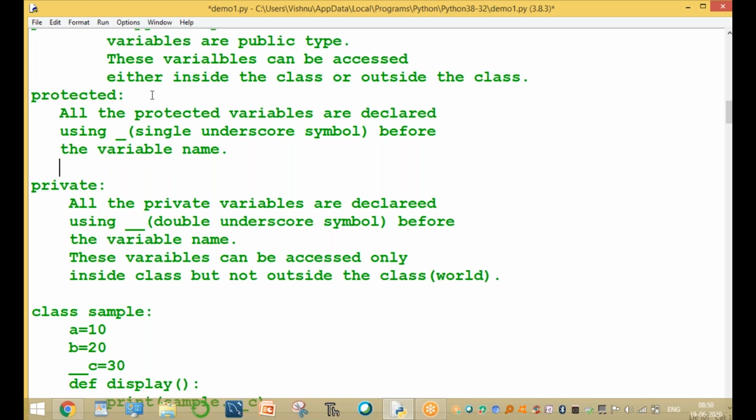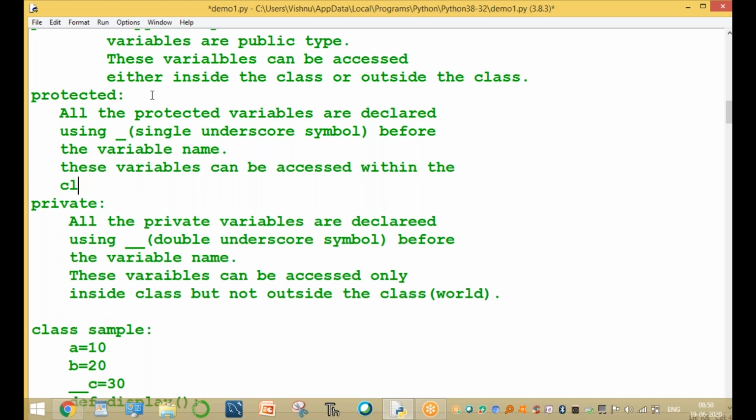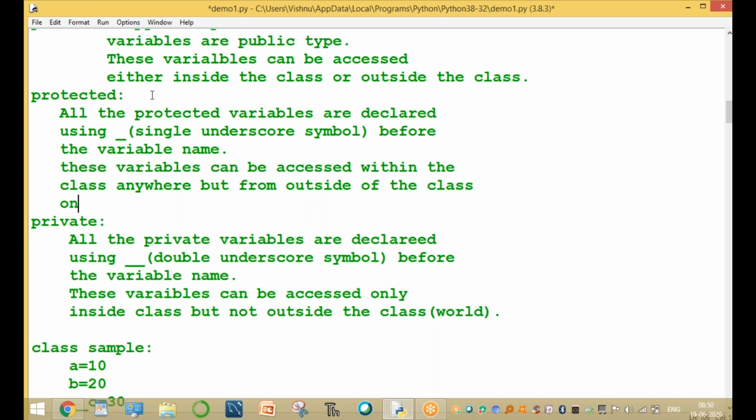From outside of the class, only for its child class. These variables can be accessed within the class anywhere, but from outside of the class, only in the child classes.